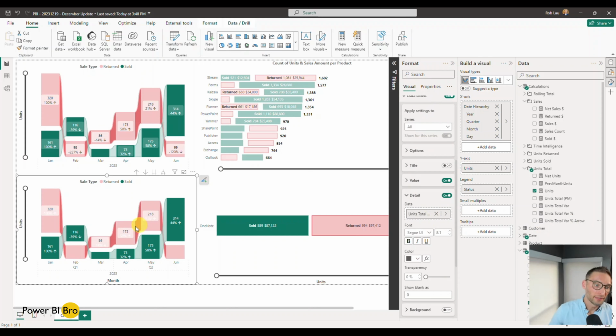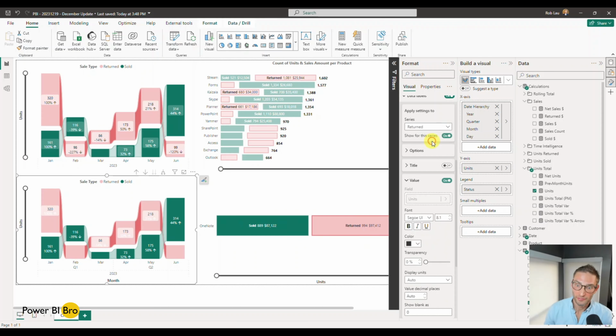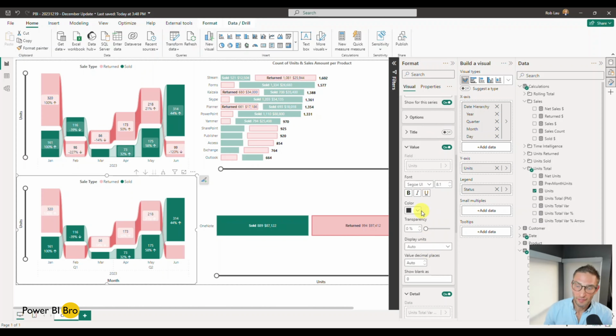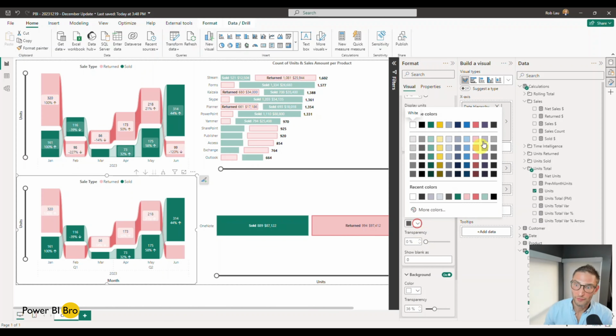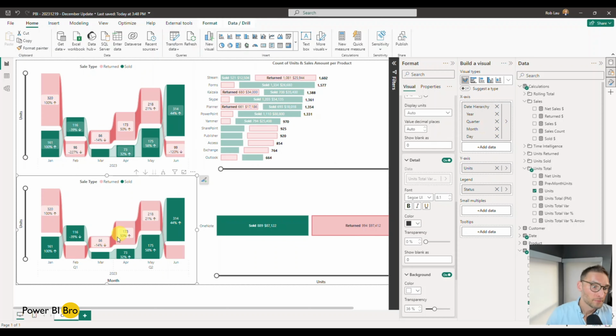All right, now we're cooking. So this is on there, but I can't see it. So I want to make sure now I go to the series and pick returned. I'm going to choose the color for the detail of the return series to be black. And look at that. We've done it. If I uncheck this,